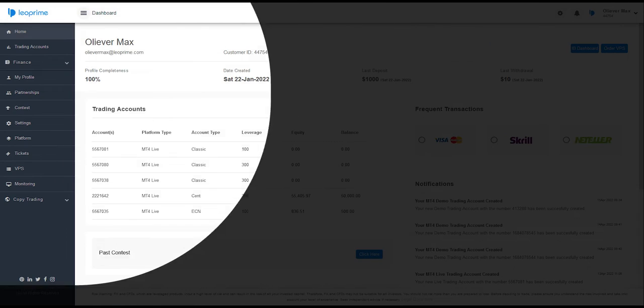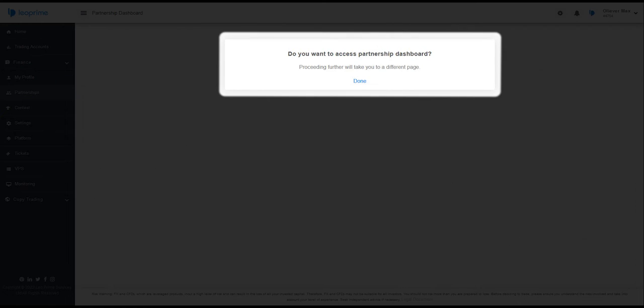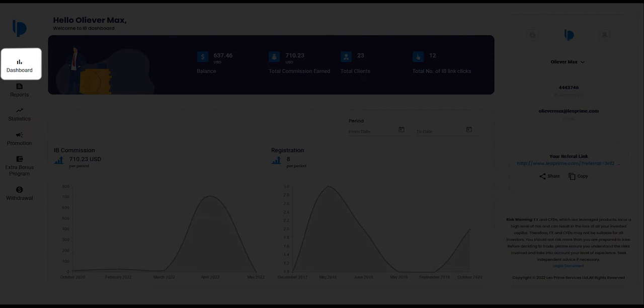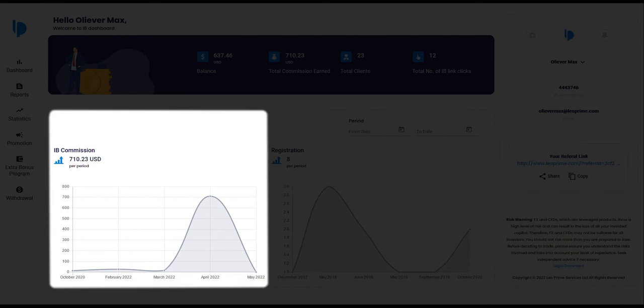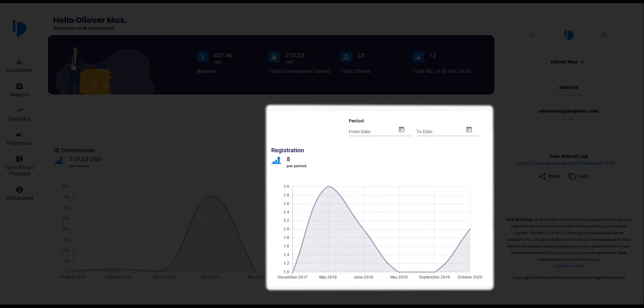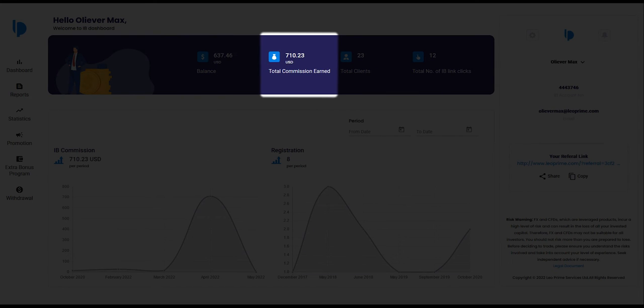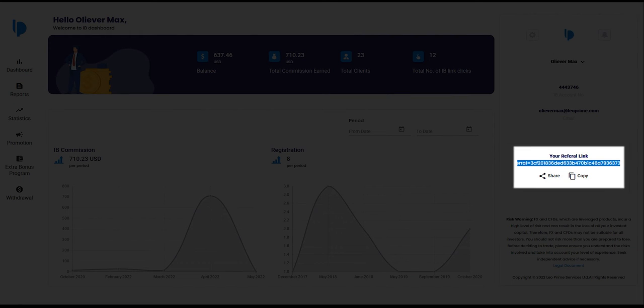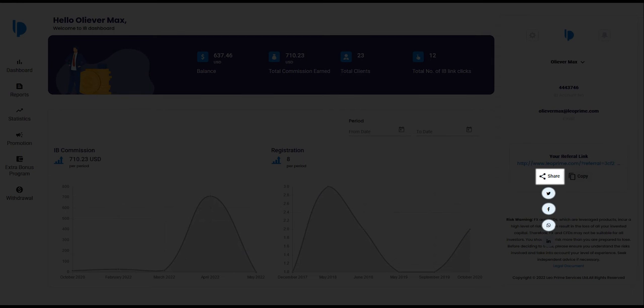Here you can manage your LeoPrime IB account related activities with ease and confidence. On the partnership dashboard, you will find your referral link, graphs to track your IB commissions and registrations done using your link, your current balance, total commissions earned, and total clients under your partner link. Click here to copy your partner link or share it via any social media platform directly from your partner personal